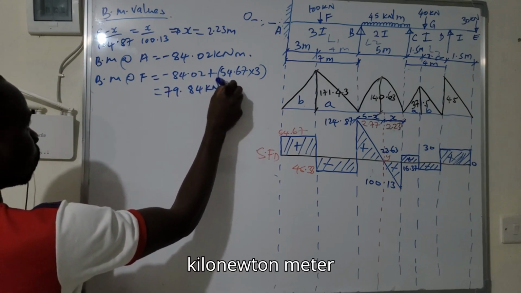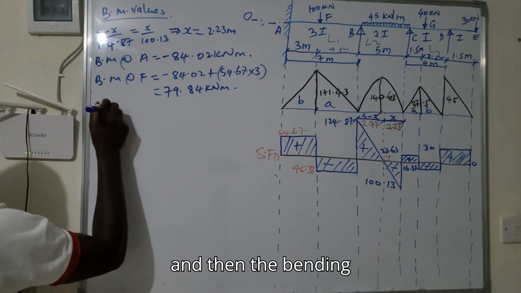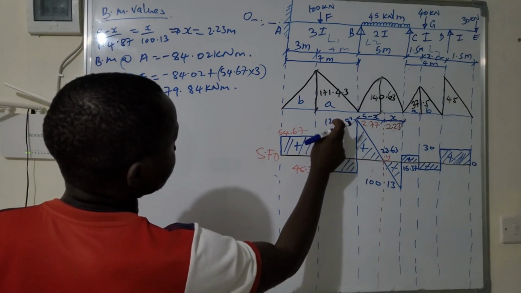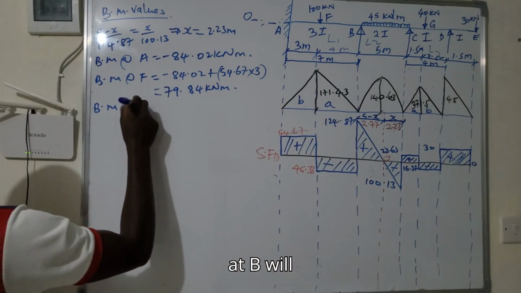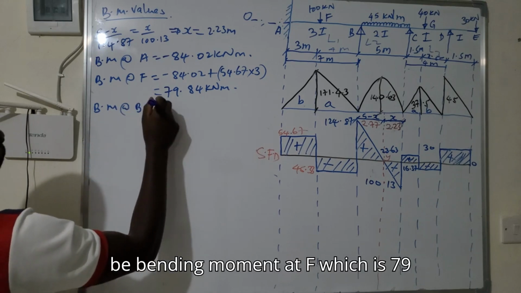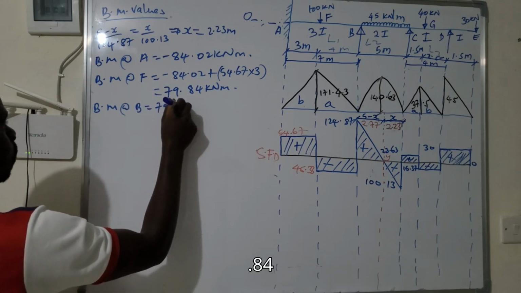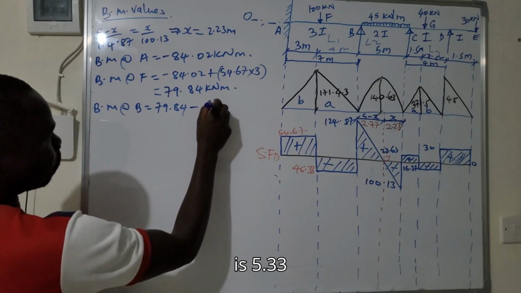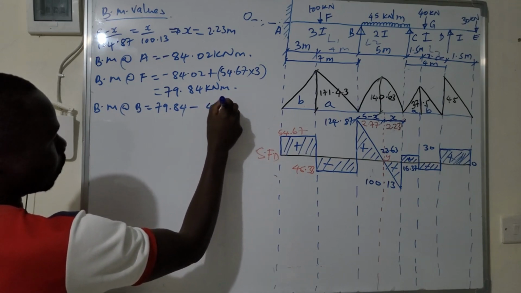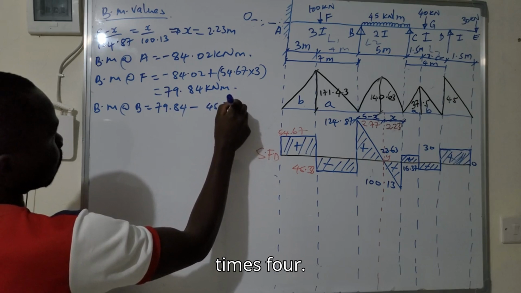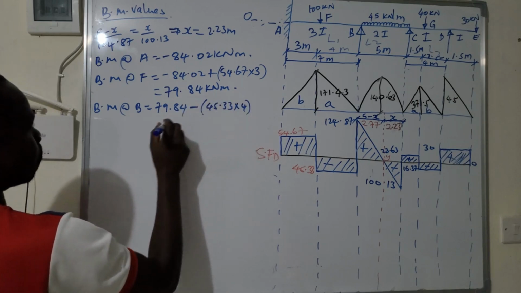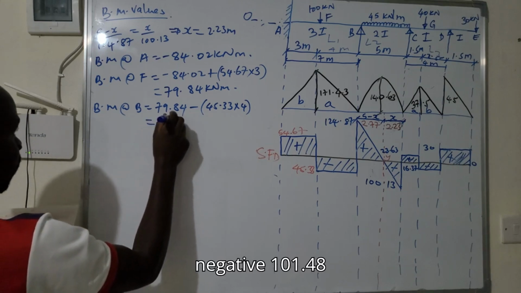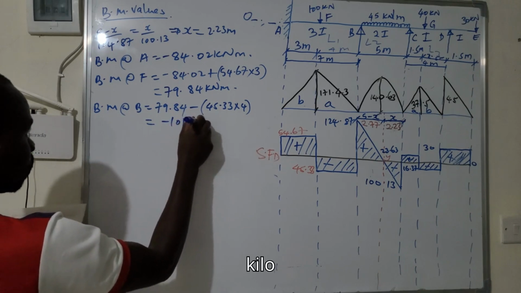So this one will give you 79.84 kilonewton meter. And then the bending moment at B will be bending moment at F, which is 79.84, minus the area of this. So that is 45.33 times 4. So this one will give you negative 101.48